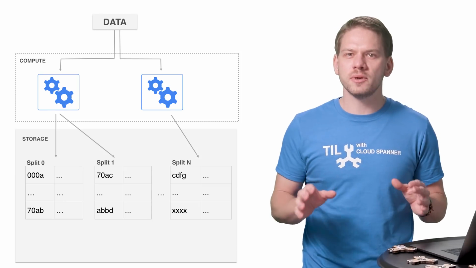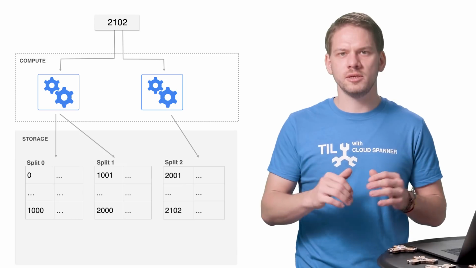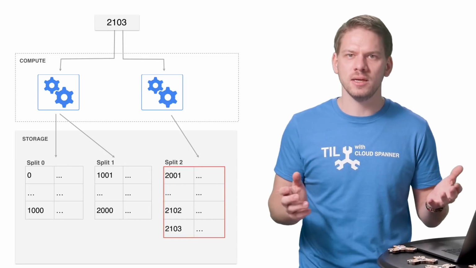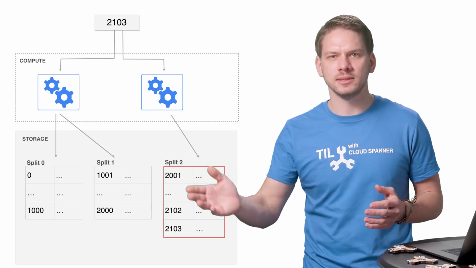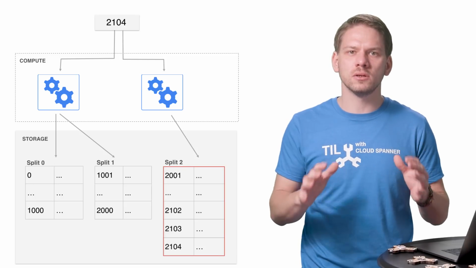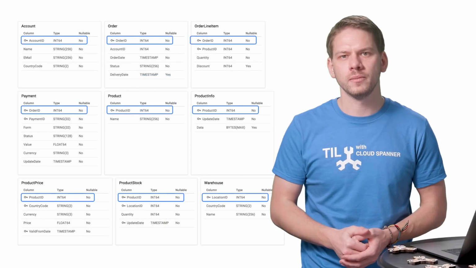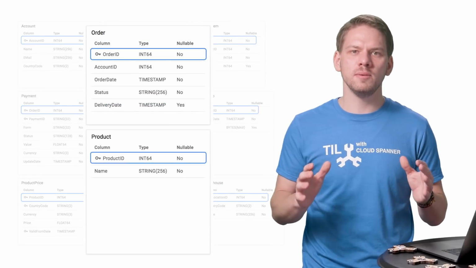Now that's where it gets tricky. If you write to a table with monotonically increasing or decreasing primary key values, like 1 to 3 or ABC, all your requests get sent to one split, the first or the last in your key space. And if you load many rows at once, you eventually exhaust the resources of your responsible node for that one split.